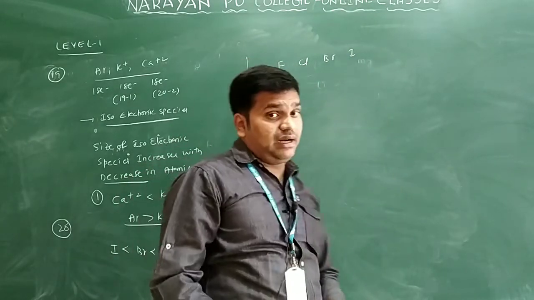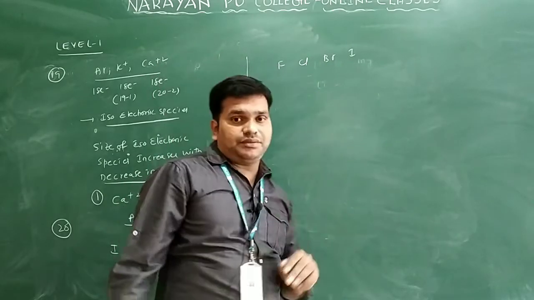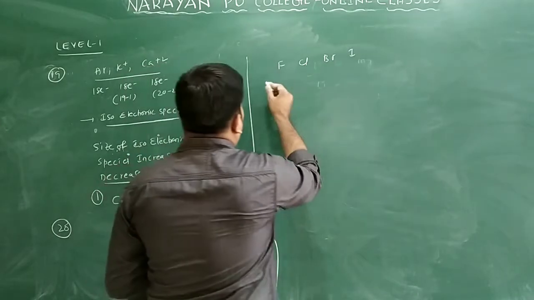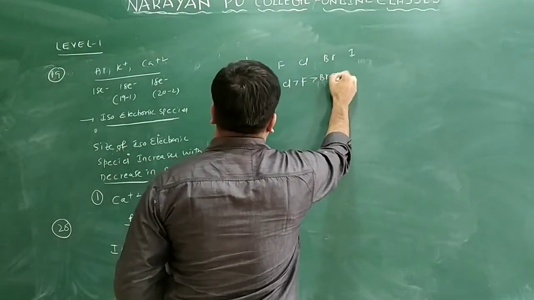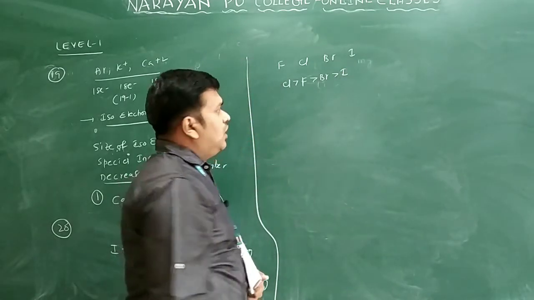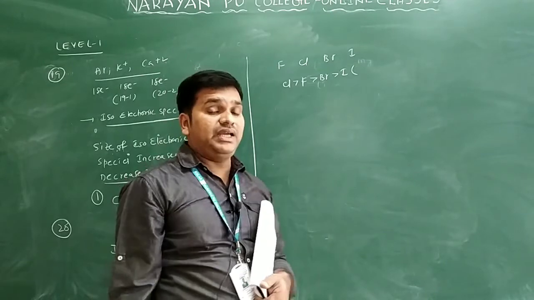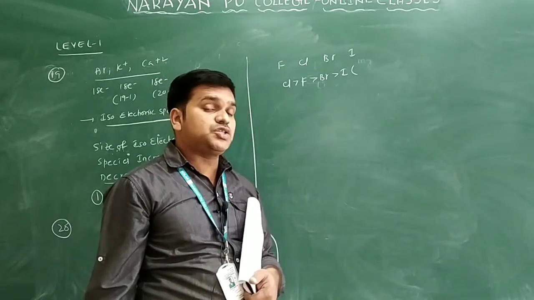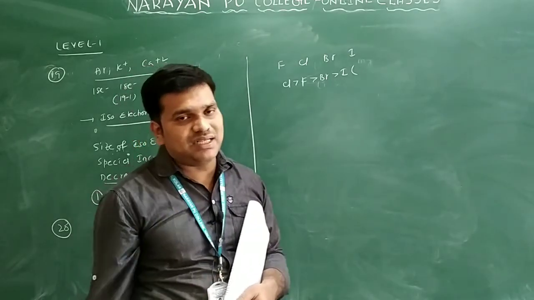Electron affinity is maximum for the second element rather than the first element in the same group only. You will see generally the order: chlorine greater than fluorine, fluorine greater than bromine, bromine greater than iodine only. Already we discussed one of the exceptional cases only. So each second element has higher electron affinity than the first element due to smaller size and inter-electronic repulsions. That is already discussed in electron affinity.